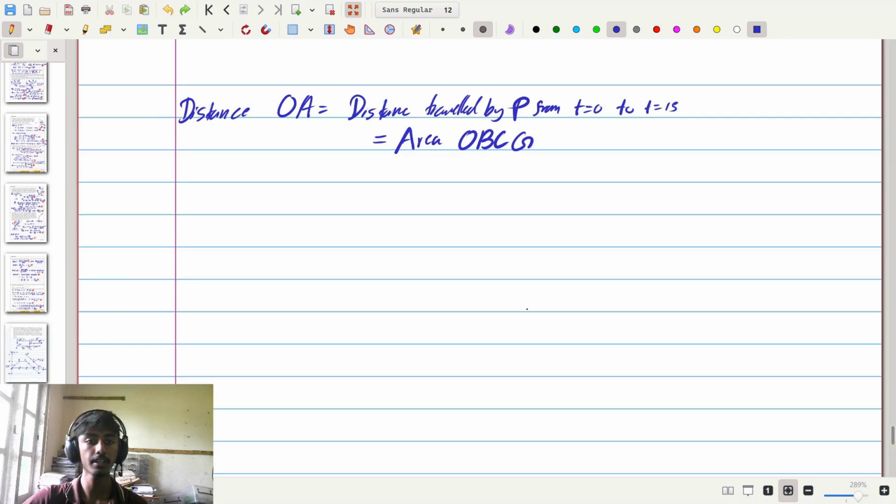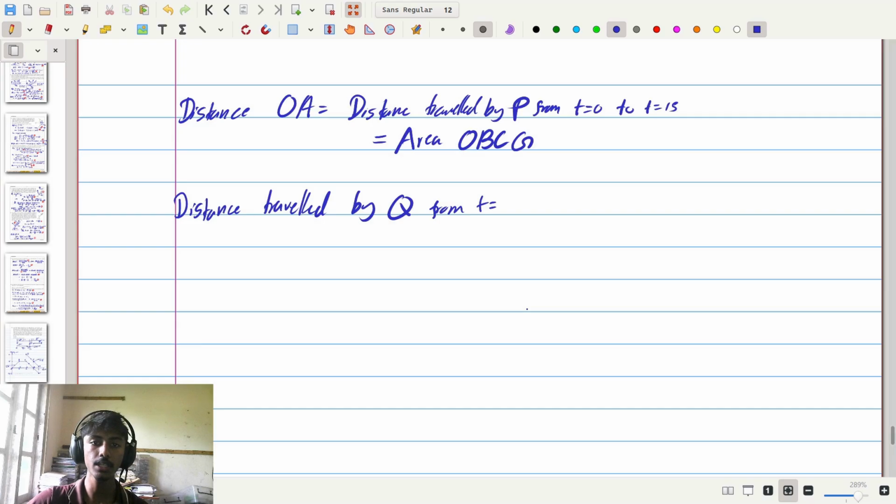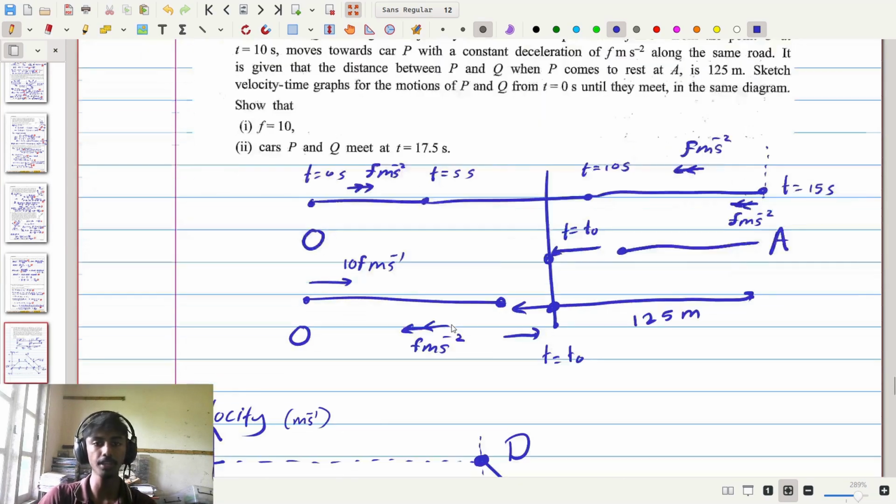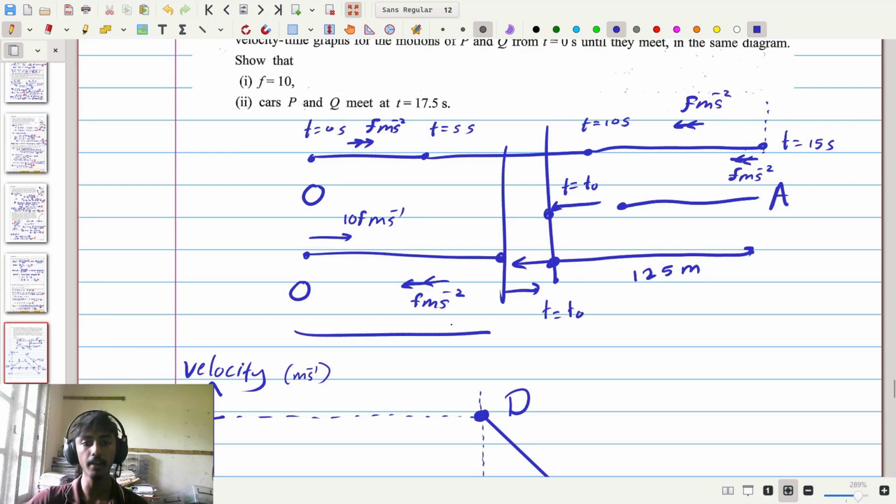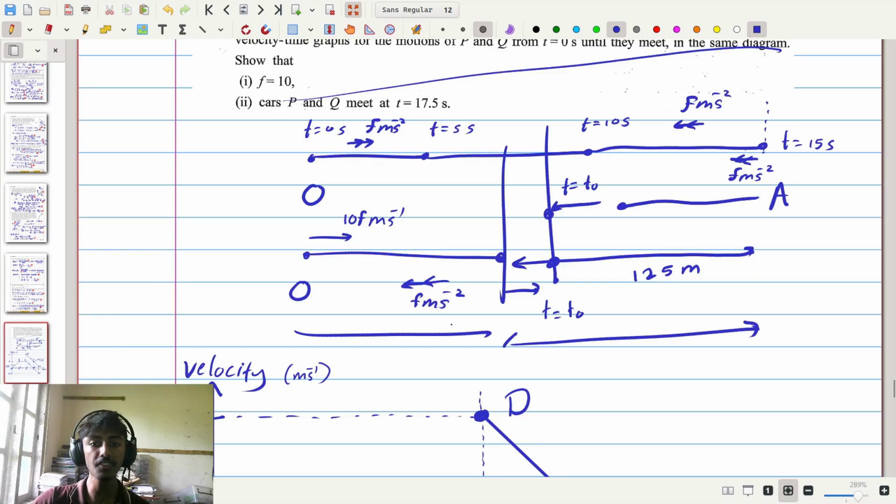So similarly, I can say distance traveled by Q from t equals 10 seconds, well it's 0 seconds, but we are just ignoring that bit. So we can start with 10 seconds to t equals 15 seconds is equal to the area DJGH. Now if we consider these motions, we can see this is the distance traveled by car Q, this is the total distance traveled by car P, and the difference between them is the distance given, which